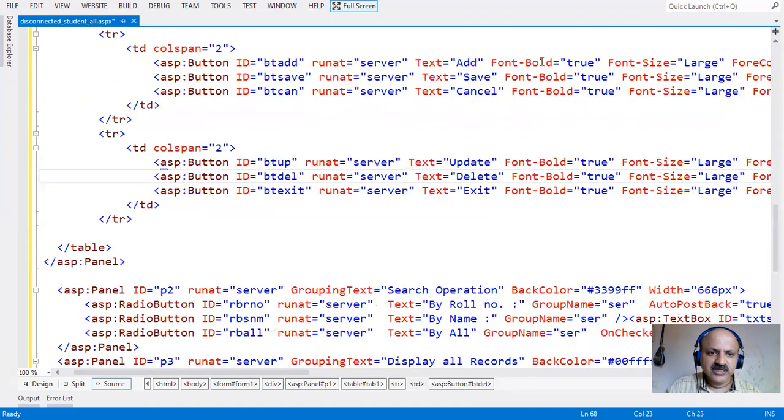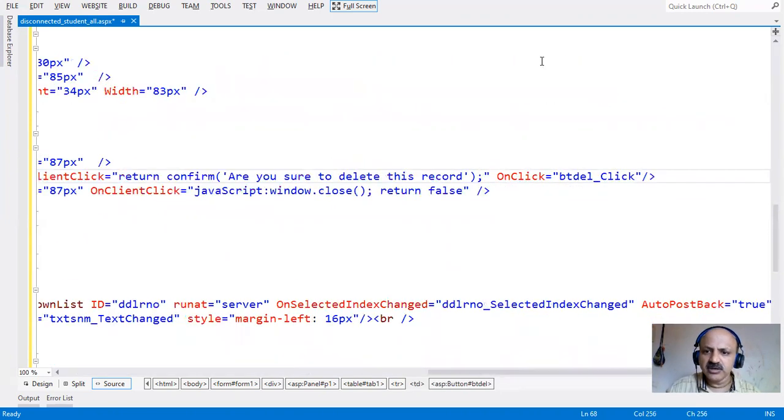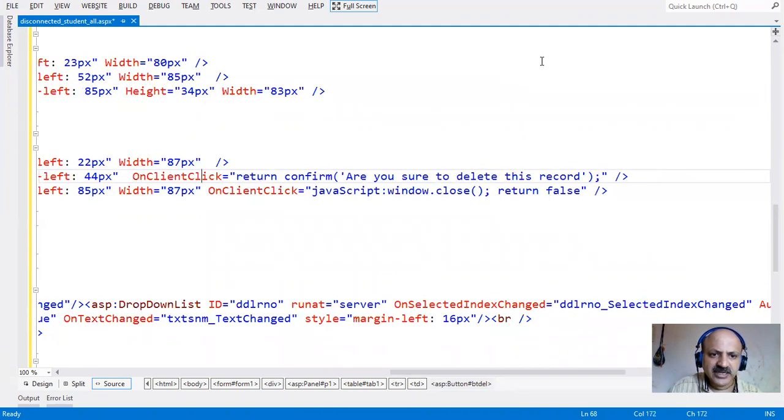Here there is a delete button, and I also remove OnClick, but the OnClientClick remains as it is, because we can use it here. I show you: OnClientClick returns a confirm dialog box, with parentheses and a single quote: are you sure to delete this record, or do you want to delete this record, that type of confirmation message.